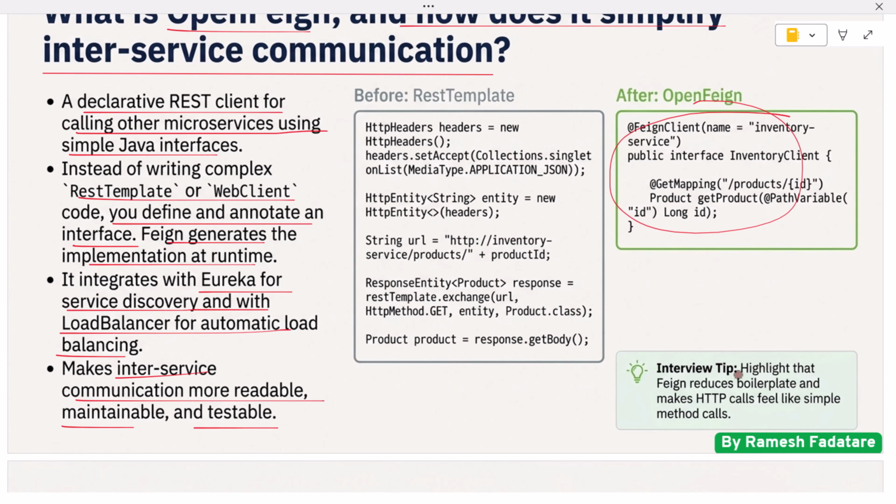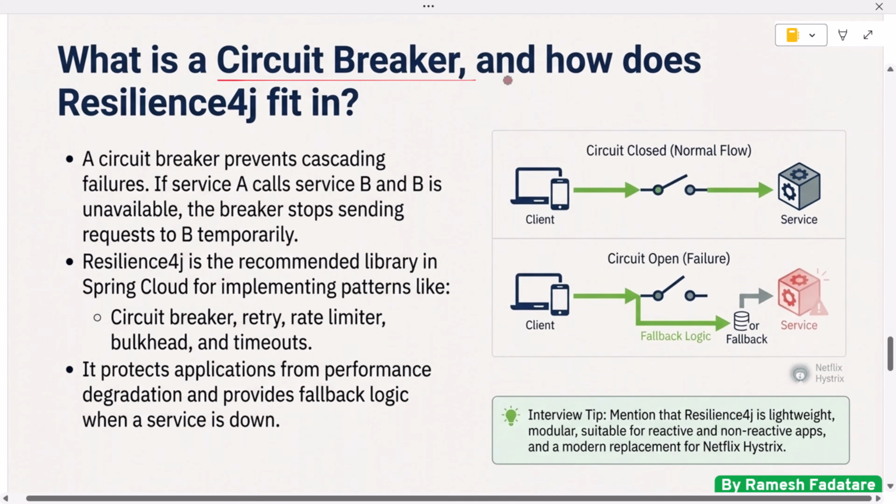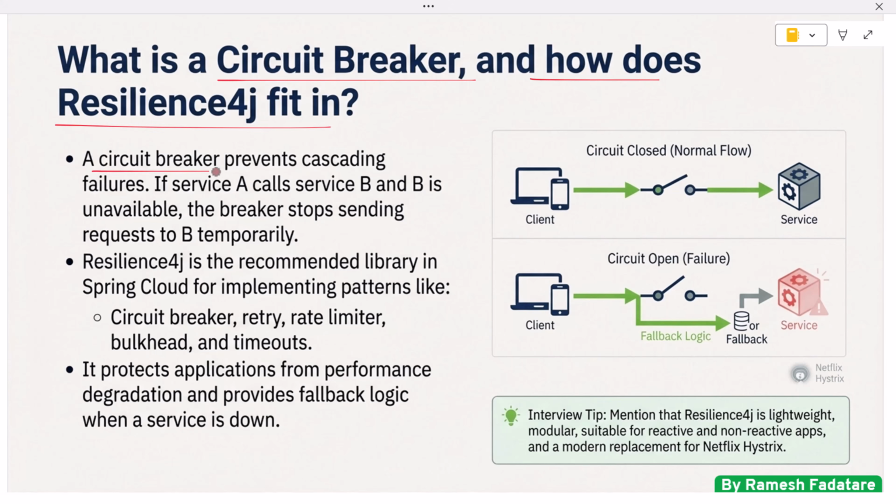In interviews, highlight that Feign reduces boilerplate and makes HTTP calls feel like simple method calls. Next question: what is circuit breaker and how does Resilience4J fit in? A circuit breaker prevents cascading failures in a microservice architecture. If service A calls service B and B becomes slow or unavailable, the circuit breaker stops sending requests to B